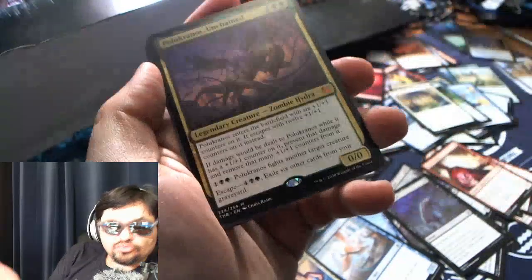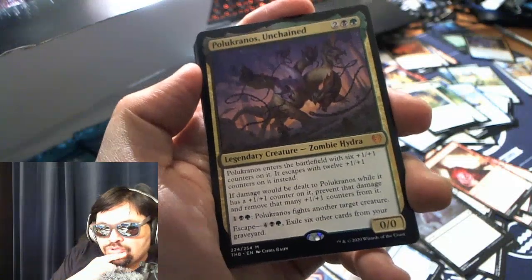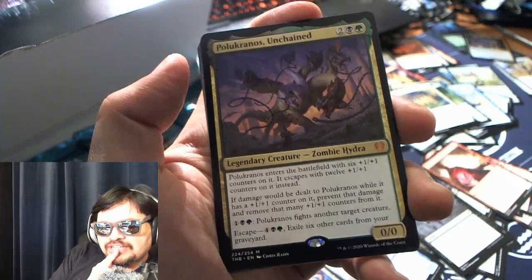controversial card? The biggest controversy is these packs are like titanium laced. I can't even open them. Another human sacrifice, mountain. Ooh, look at that. We got Polukranos Unchained. Who was I talking to on the podcast about Polukranos, or did I hear it on someone